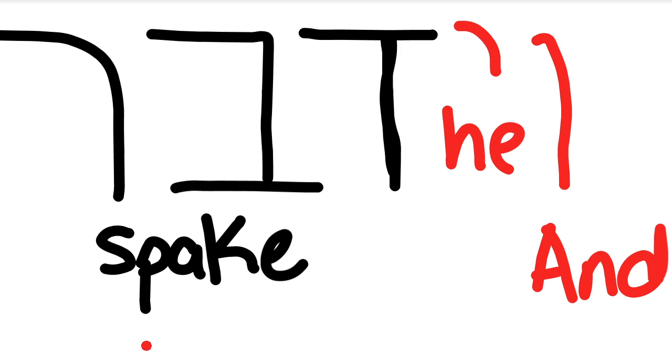Not fully to the point where it has no connection with its root, but it now causes the word to go into a variant, a change. The same thing goes for when suffixes are added. When suffixes are added, it can now change a singular into a plural. It can change a masculine into a feminine, so on and so forth. So that's the beauty of the prefixes and the suffixes.